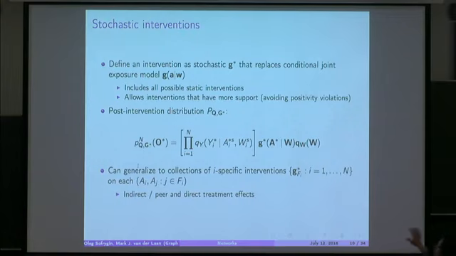Most importantly, though, this parameter allows us to get at the peer effects and indirect or direct treatment effects, where we, for example, want to know what's the effect of the intervention on only me if I were to keep the exposures of my friends constant. Or vice versa, we could keep the exposure of unit i constant, and we might be interested to know what's the contrast of assigning exposure of all my friends to 0 versus 1, and do it for everybody and average. So that's a version of indirect treatment effect and a version of spillover effect.